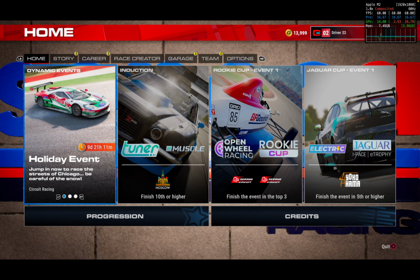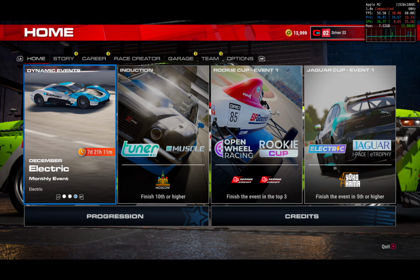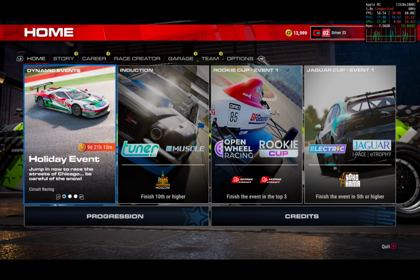Alright, so I'm gonna call it there for tonight. Honestly, this game has blown me away. I love the settings, I love the gameplay, I love the story. I think it's really cool, and I'm someone who doesn't even enjoy racing games, and I'm honestly blown away. And how well it's running on my M2 MacBook Air is incredible, and I think it's all due to the upscaling,